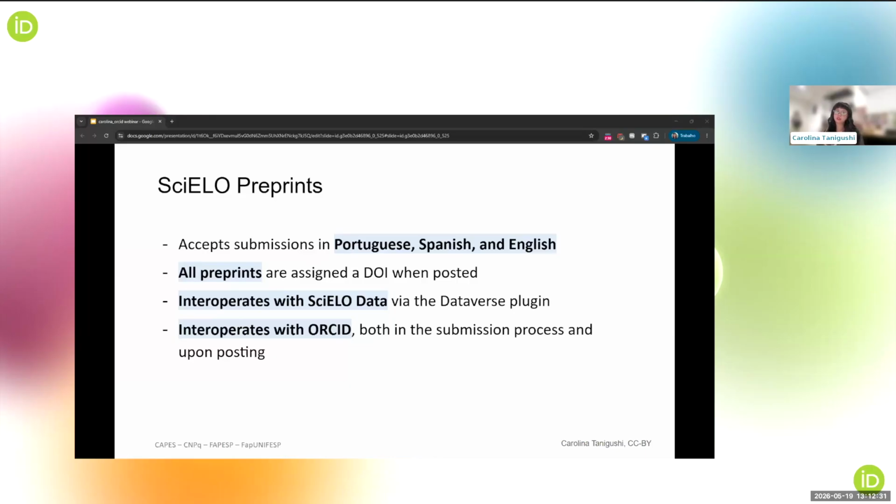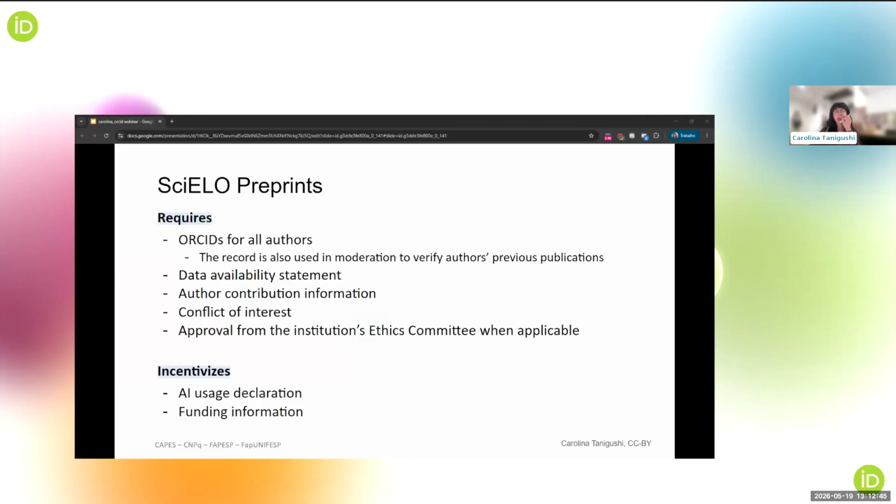All preprints are assigned a DOI. We interoperate with SciELO Data via the Dataverse plugin. We also interoperate with ORCID, both in the submission process and upon posting, and we also use ORCID as a moderation tool. Okay, so you might notice that we require a lot more for authors submitting to SciELO Preprints, and